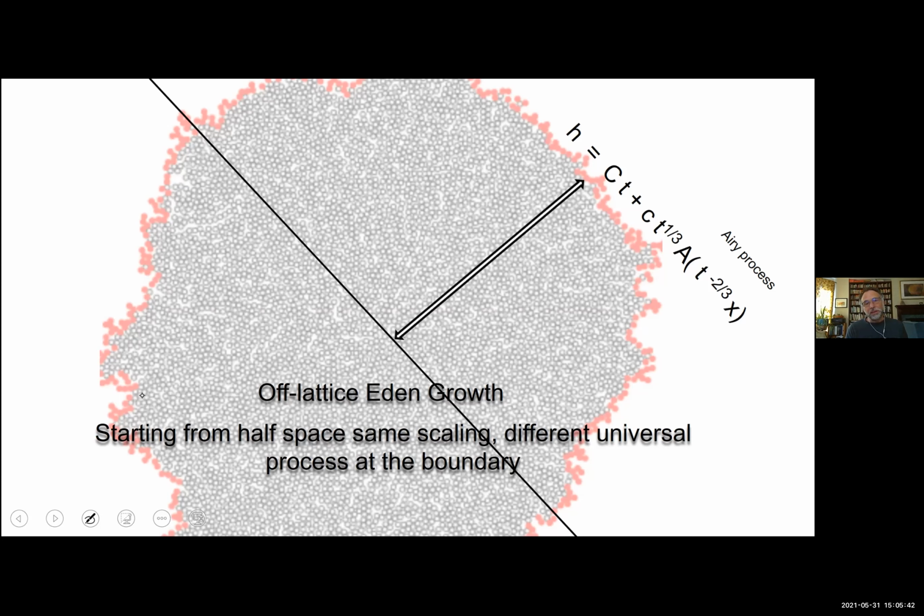And then there are these universal processes which govern the lateral fluctuations, which here I've called A. A is for Airy process, because this thing started with a seed, and so this will be a thing called the Airy process. And it lives on a scale of t to the 2/3,